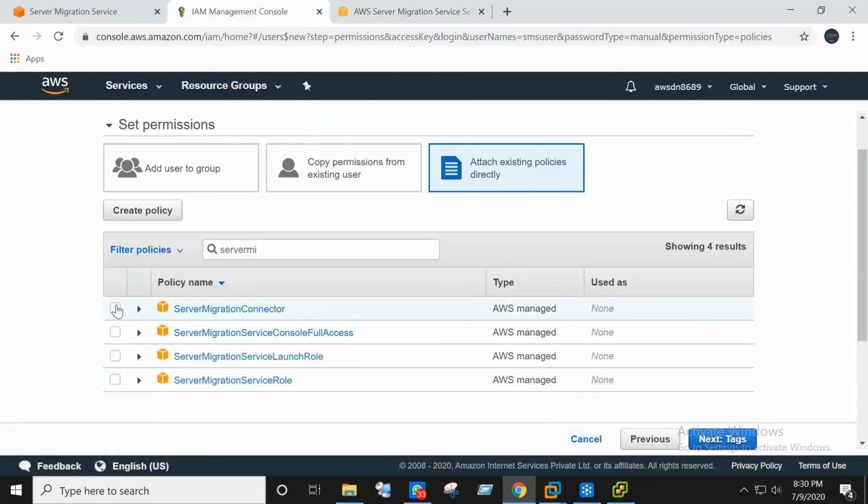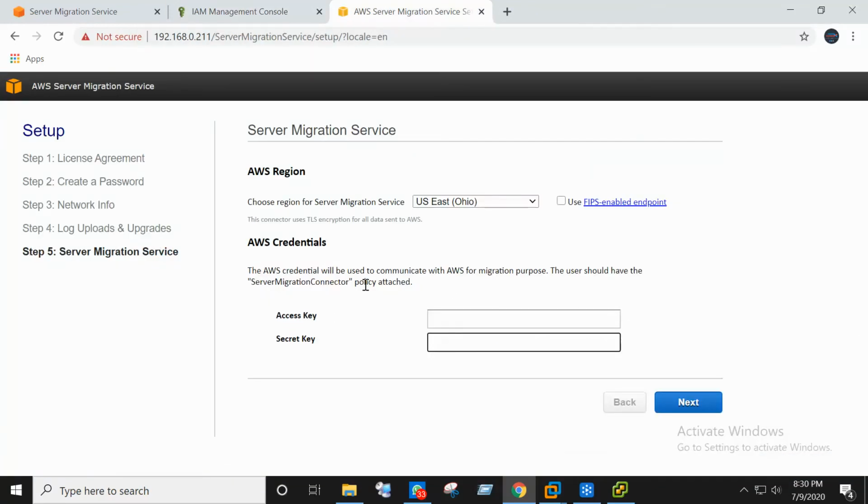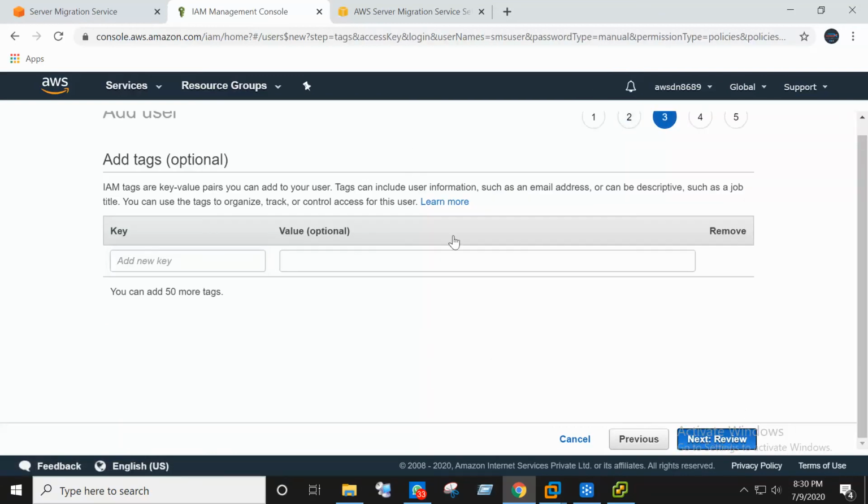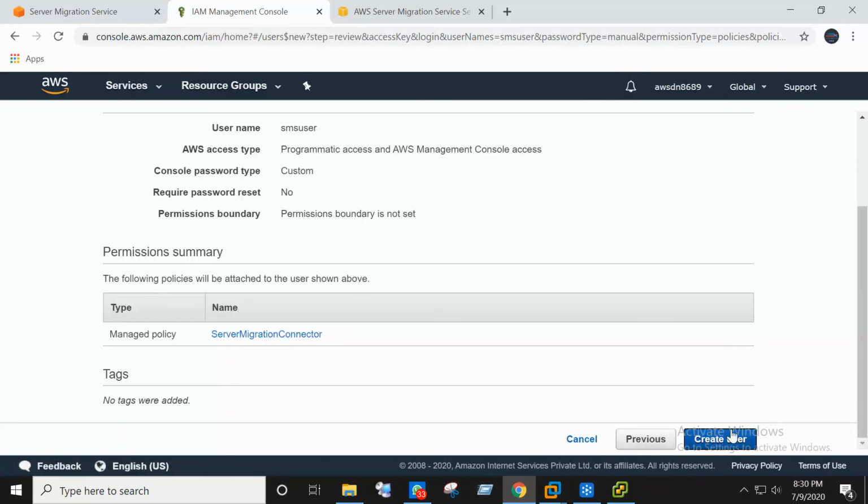So this is the policy. The Server Migration Connector policy should be attached. Now click on next, review, and create a user.